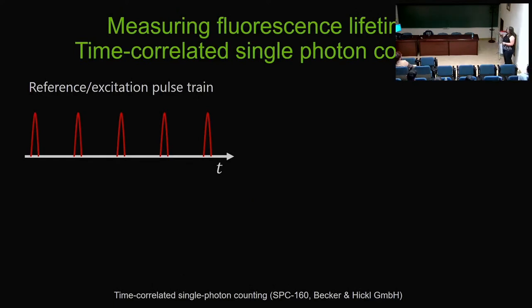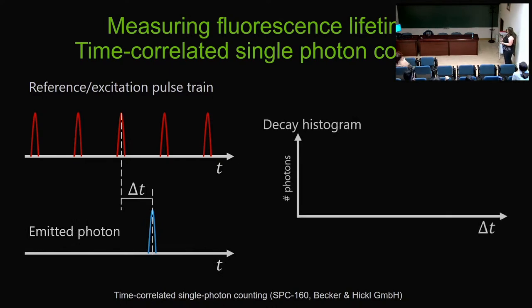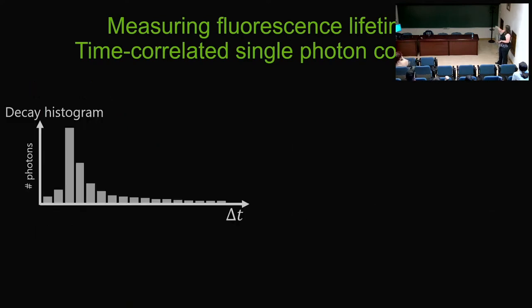Now this works by sending in a train of pulses of fluorescence. We use time-correlated single photon counting. When we occasionally get a photon emitted, you see the time delay between the emitted photon and the excitation photon. If you measure those time delays over several iterations, you can create a decay histogram of the number of photons for each time delay, and with that, that creates your base parameter that you're going to then fit